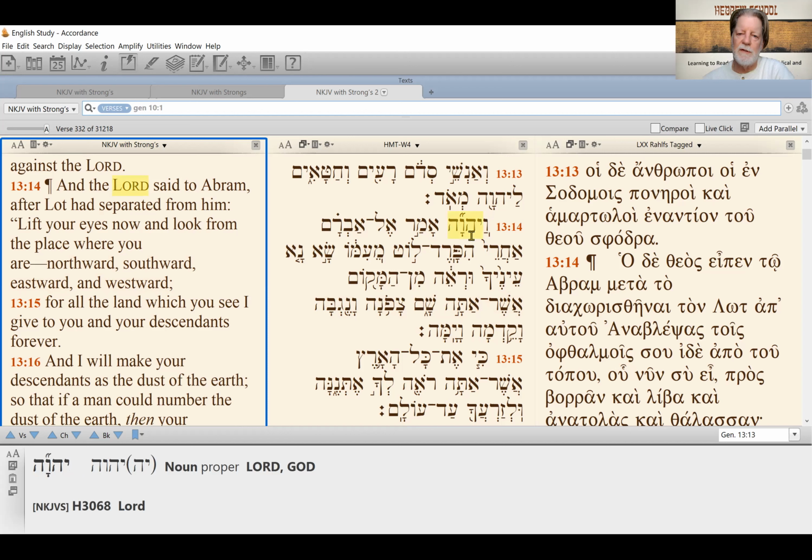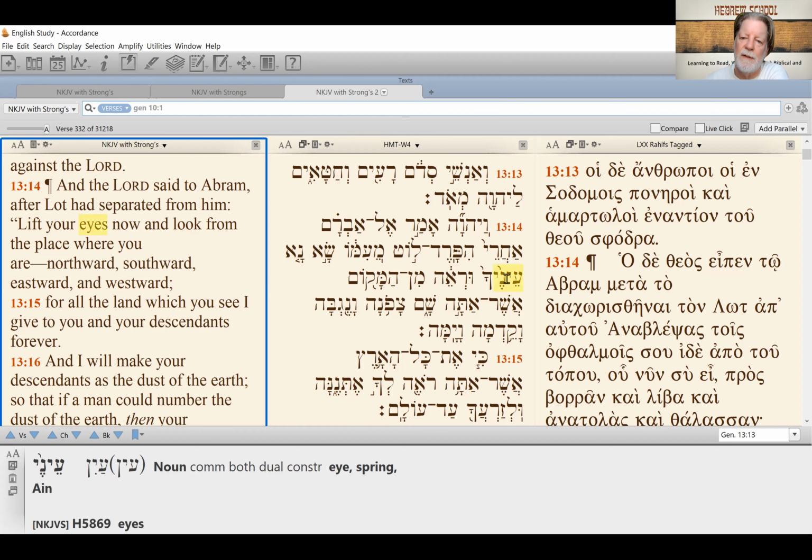Okay, there's some neat stuff in this verse. So the Lord says to Avram, after the separation of Lot, me'imo, from being with him, the Lord says to him, this is where the quotation marks should start, sa, which is an imperative form of nasa, which means to lift up. So lift up, please, na, einecha, your eyes. And here again, we have this Hebraism of lifting up your eyes. He didn't just say, look to the north, south, east, and west, but he said, lift up your eyes, vera'eh,